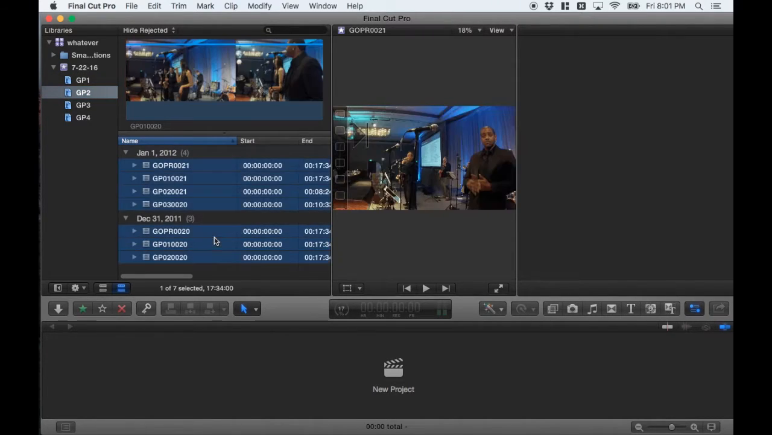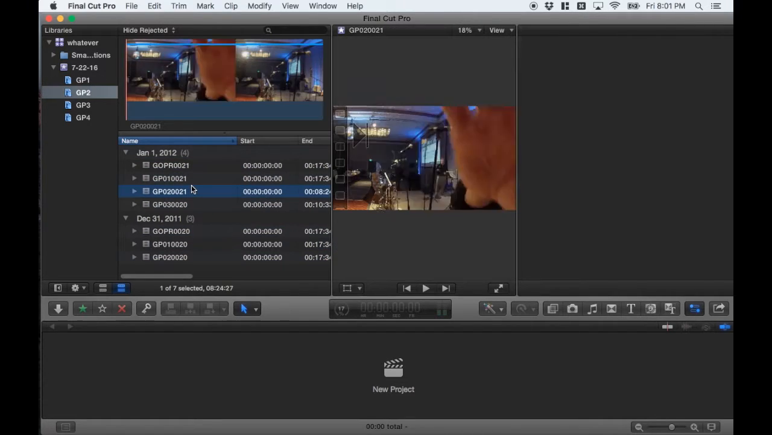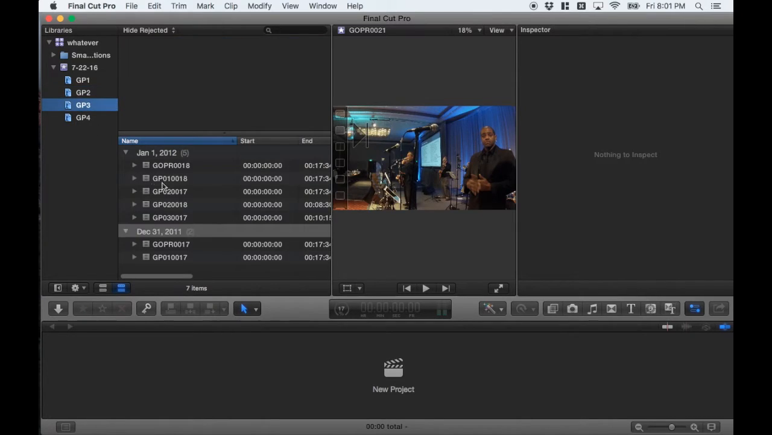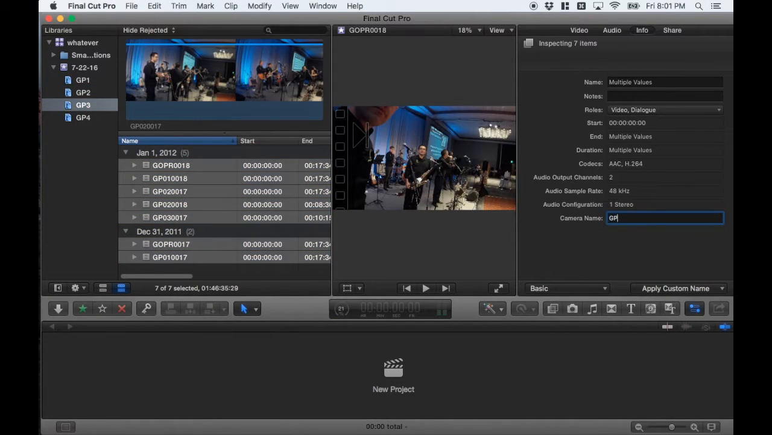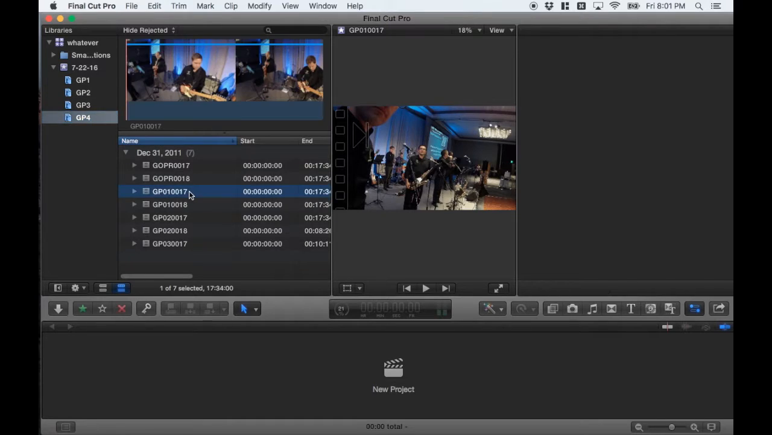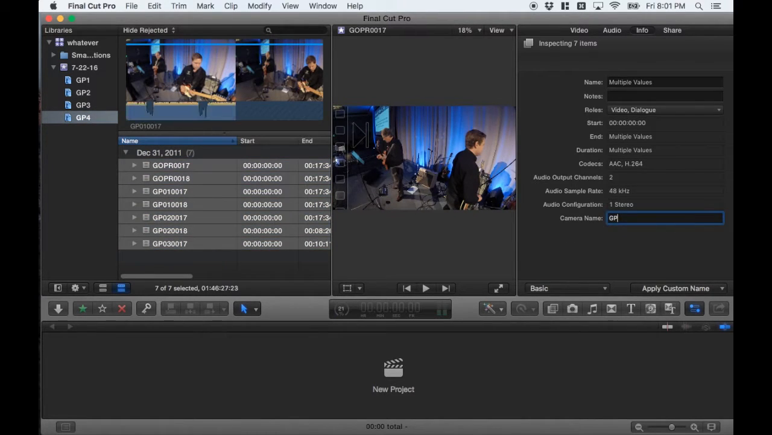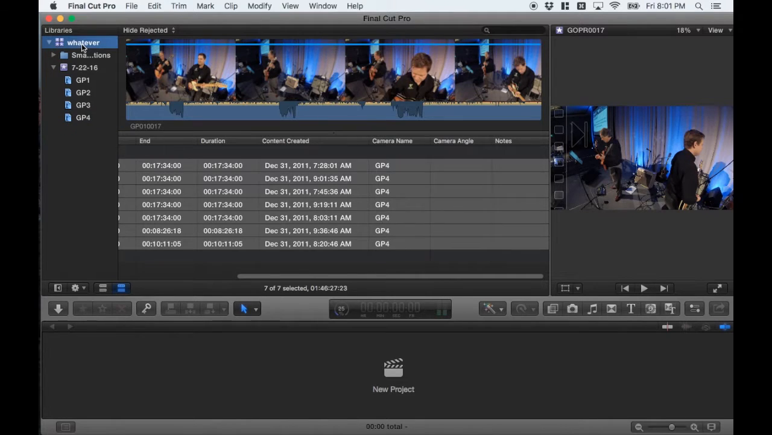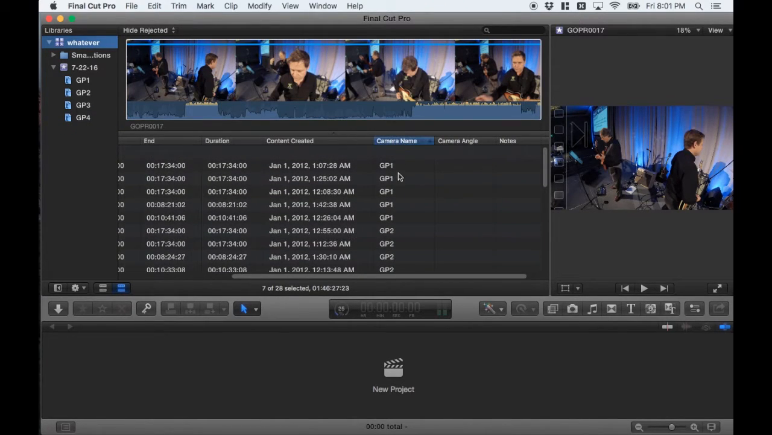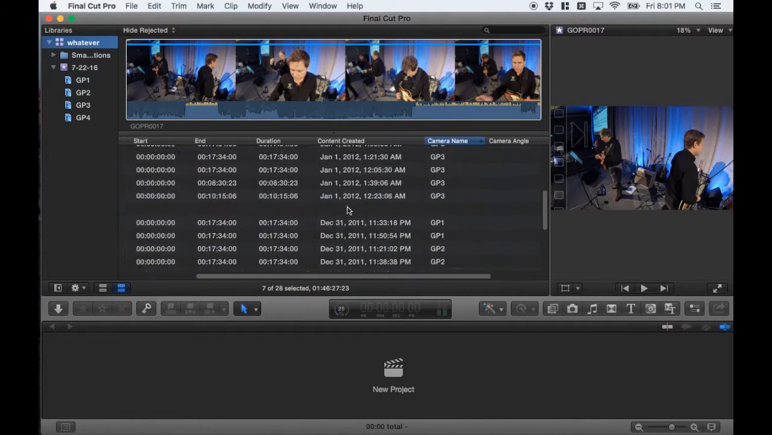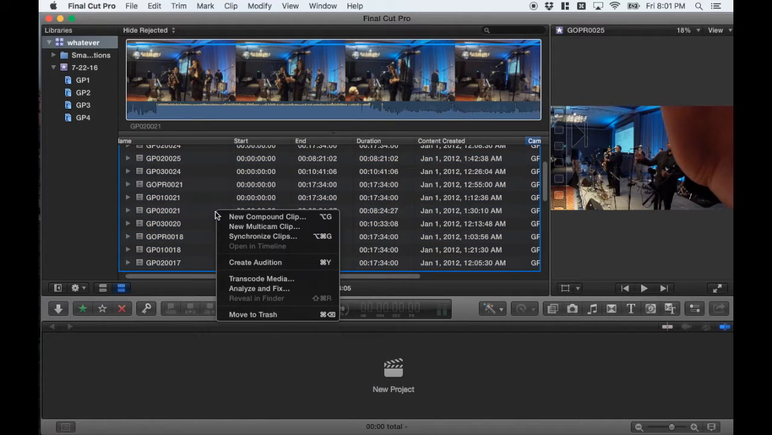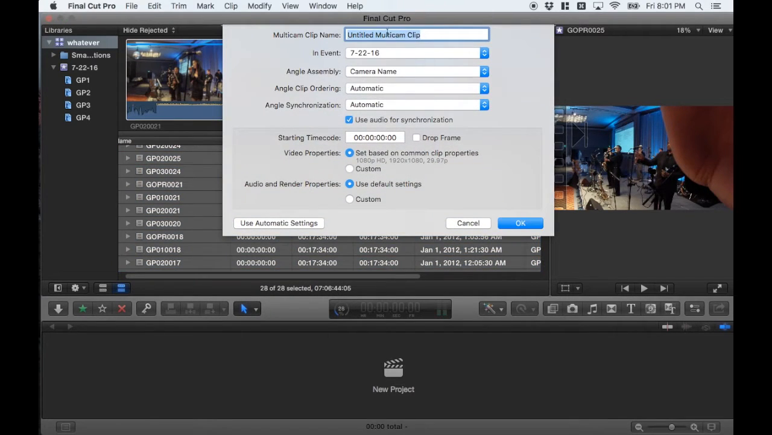Do the same thing with GoPro 2. Select all. So the way I do this is I click on it, and then I choose Select All, GoPro 2, go to number 3, GoPro 3, and GoPro 4. So now every camera angle that I have has a camera name. So go to whatever project, you can see I can sort by camera name, and all my cameras are named correctly. So now when I want to create my multi-camera angle, I select all, and I go New Multicam, and